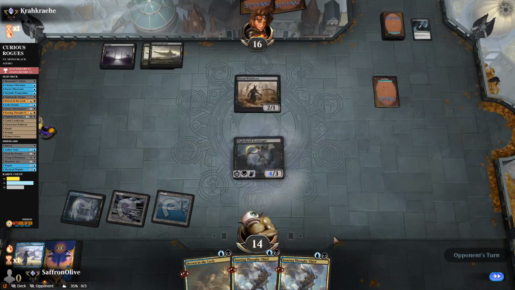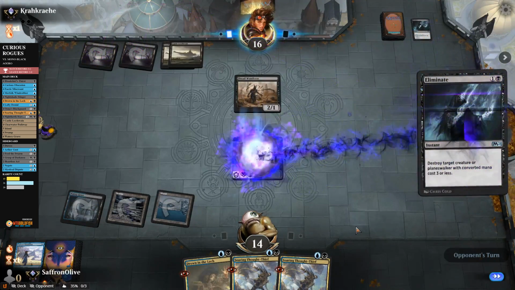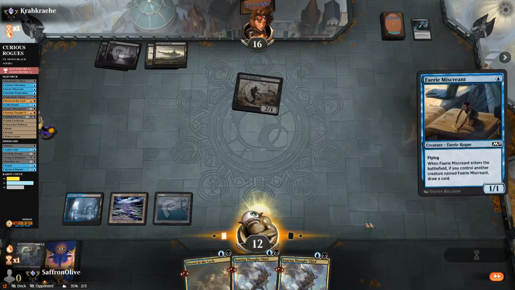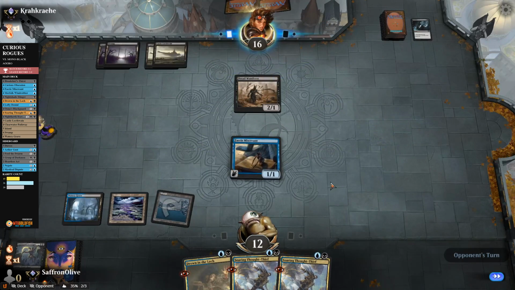Now, play an Island. Play a Nighthawk Scavenger. Opponent, you got more removal? Alright, opponent has all the removal spells. Well, now it's our job to pressure our opponent. Well, play a Fairy Miscreant. Pass the turn, because our opponent's going to get to start drawing, so we need to be the one that's